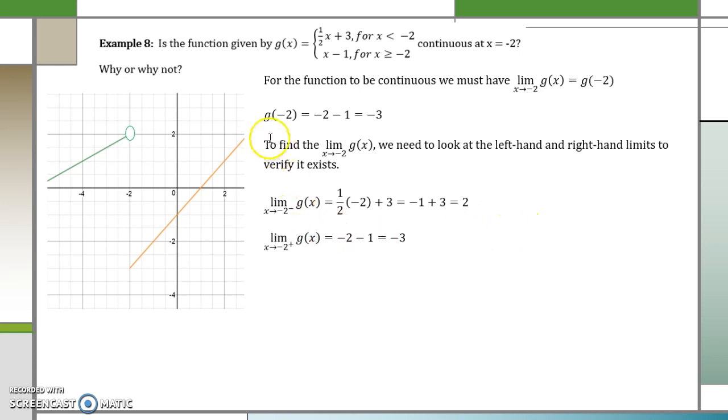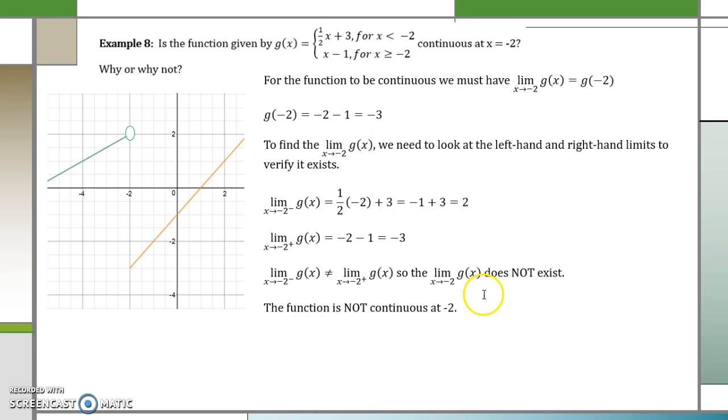Now let's look at the limit as we approach negative 2 from the right-hand side. Because we are looking for values that are slightly greater than or equal to negative 2, we're going to use this bottom equation. So when I plug in negative 2 minus 1, we get negative 3. This is a problem. Since the limit as x approaches negative 2 from the left does not equal the limit as x approaches negative 2 from the right, we can verify from our last lesson that the limit does not exist here, because they would have to be equivalent to each other for that limit to exist. And since the limit does not exist, we do not satisfy